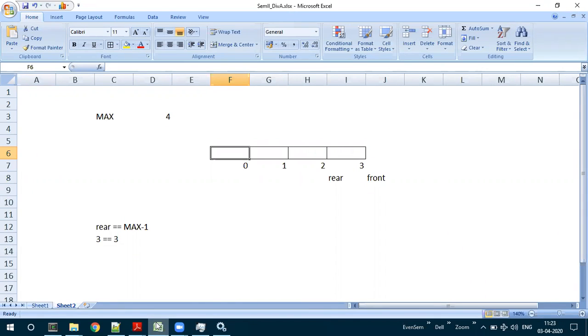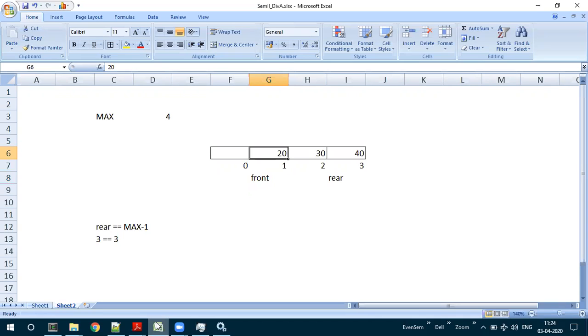So this is a likely question which you may get as part of the Viva. The examiner may ask you to enter the elements until it is full, and they may ask you to delete one particular element. Say you would be inserting 10, 20, 30 and 40. Your rear will be here and the front will be here, and they may ask you to delete one element. So this 10 will be deleted and the front will move forward. Then they may ask a tricky question. They will say, how many elements are there in the queue? You would say that there are 3 elements. And what is the size of the queue? 4. Then they will ask you to insert one more element into the queue.